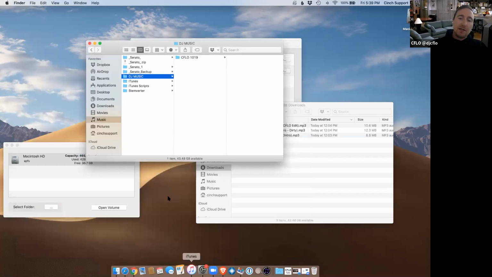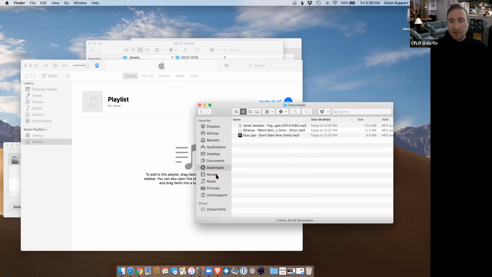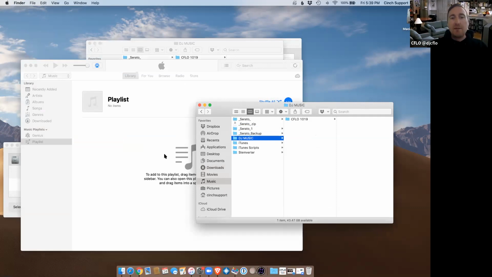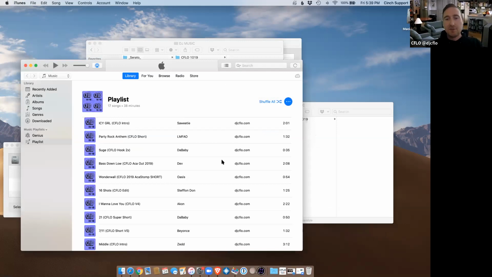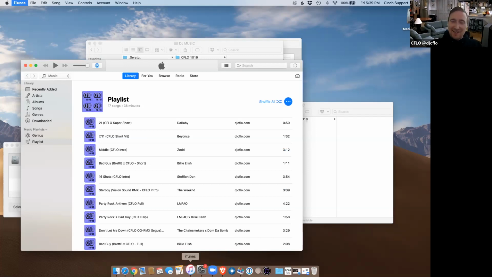So let me try to open it again and see if... yeah, it didn't even know how to hang with those files. Great. So let's try again. You can see why, even with an empty library, I would recommend against this program as your DJ solution. Beautiful. Either that or it's just not going to happen. All right, well, it doesn't look like I'm going to be able to show you too much about iTunes here, but I'm going to quit it again because it does not look like it wants to behave.